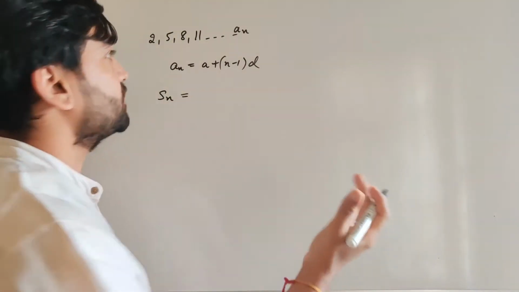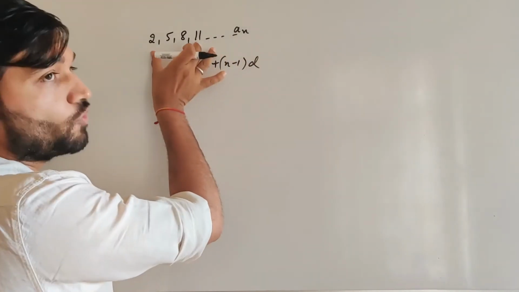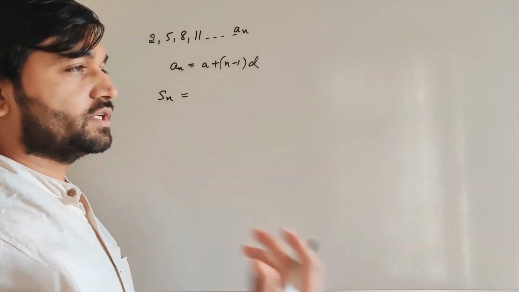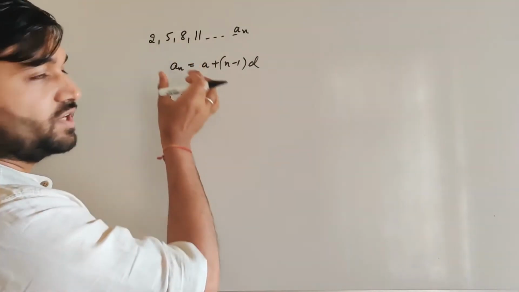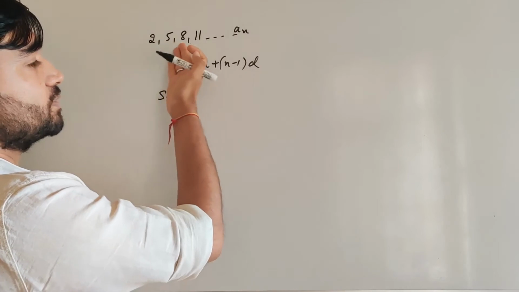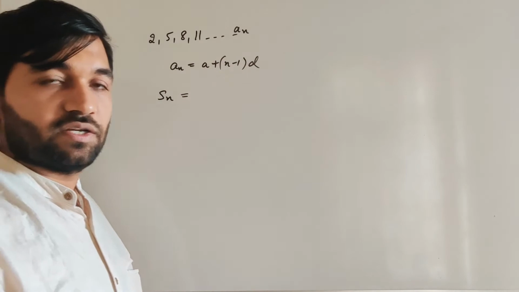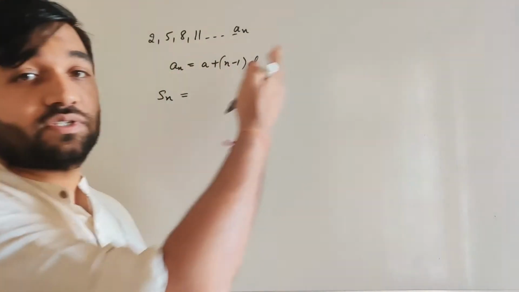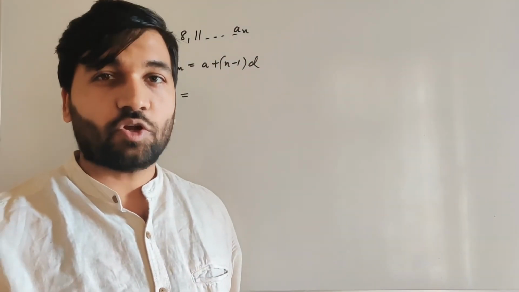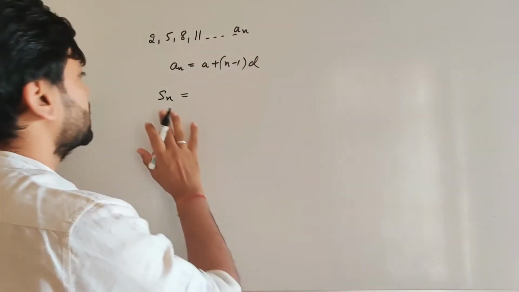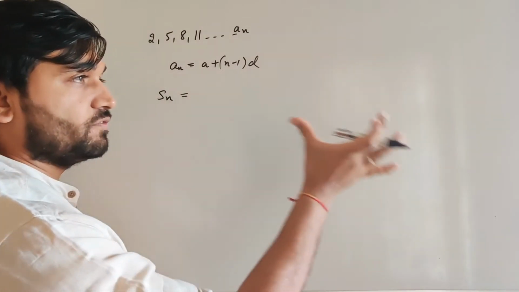So sum of n terms, what does it mean? Like, let's say sum of the first 4 terms of an AP, sum of the first 10 terms of an AP. Okay, so it's practical to add maybe the first 3 terms. I can add manually 5 plus 2, 7 plus 8, 15. I ask you sum of first 4 terms, you can manually add it. But it's not again practical to manually add each and every number. If I ask you for sum of first 50 terms in the sequence, it's not possible to add them manually. So that's why we have the formula here, Sn formula, to find the sum of the first n terms.